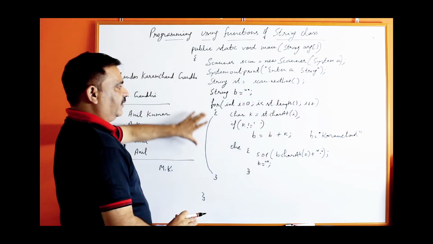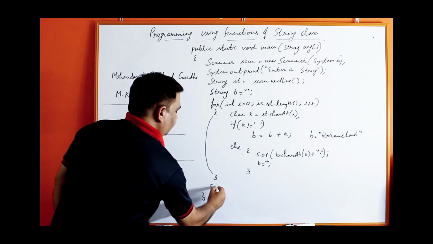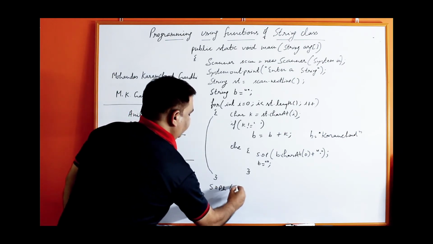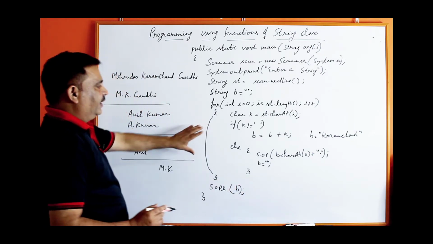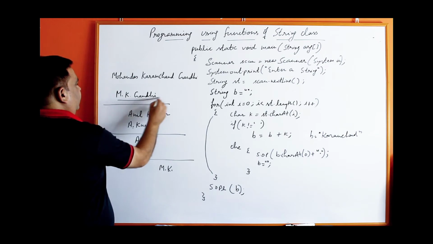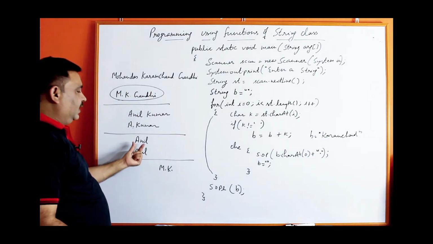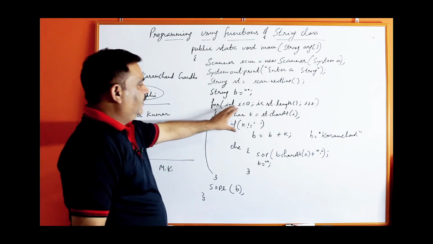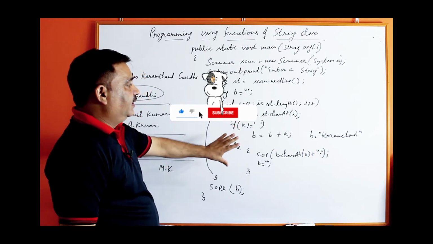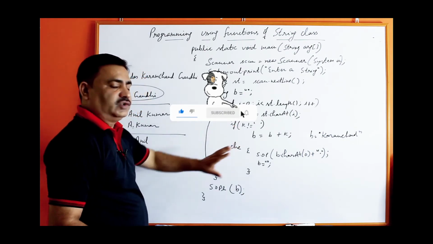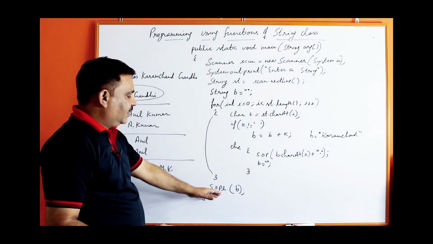Last word will be formed but will not be printed here. So come out of the loop. Out of the loop you can print the whole word here. So in this way you can get the output like this, M dot K dot Gandhi. If the word is Anil, then Anil word will be formed after the completion of the loop and nothing will be printed in the else block because there is no space. So the else block will not execute and the last word will be printed out of the loop.